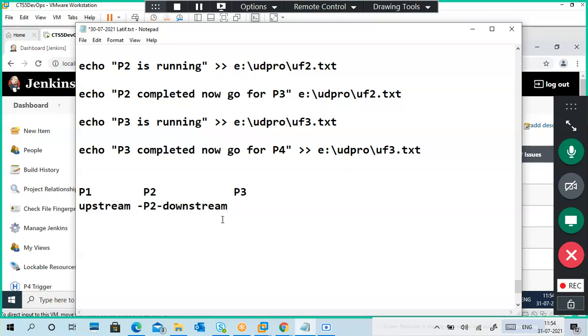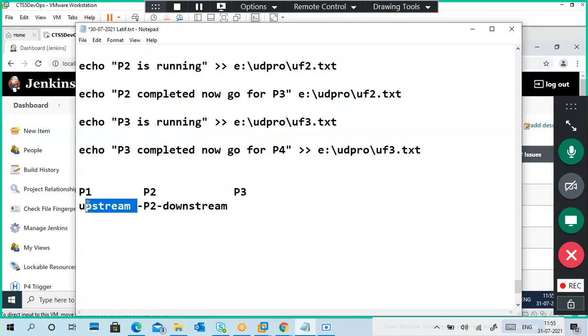P3 is a downstream project for P2. For P3, P2 is an upstream project. For P2, P1 is the upstream project. For P1, P2 is a downstream project, and for P2, P3 is a downstream project, like that.